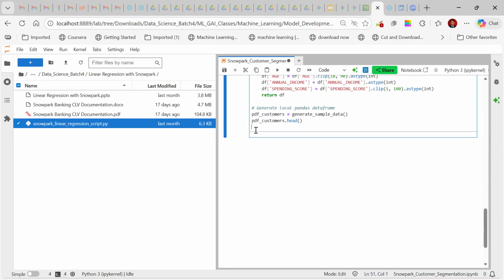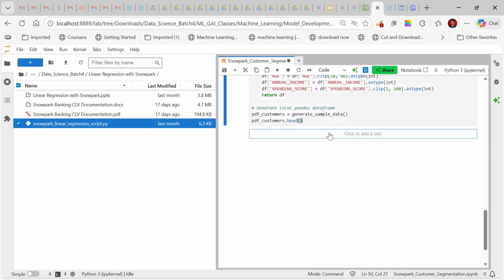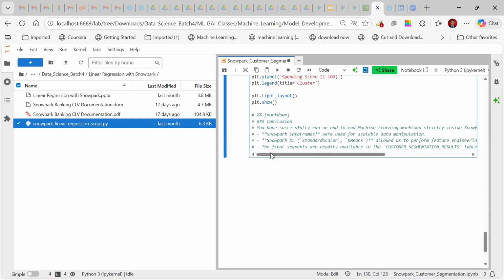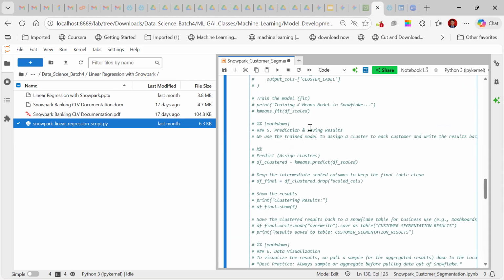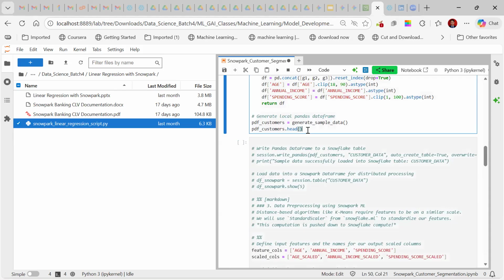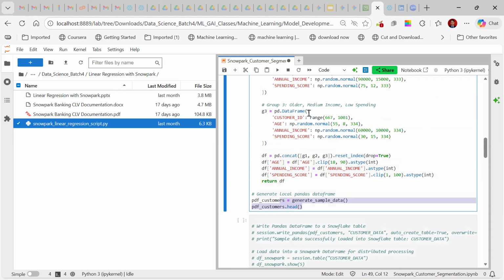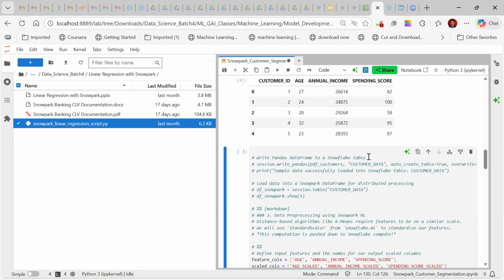So till here we are generating the sample data. I hope you are getting it. We are generating some sample data for this use case. It should give us the top 5 rows.